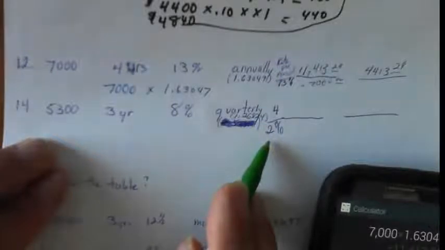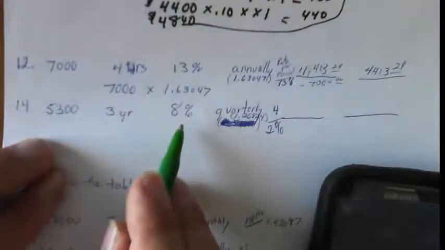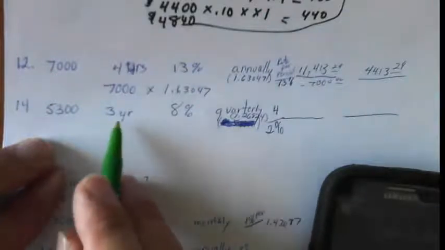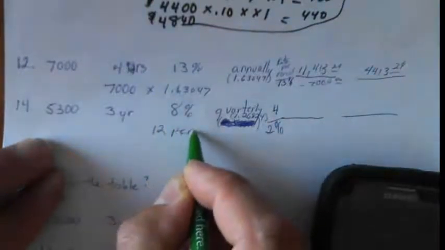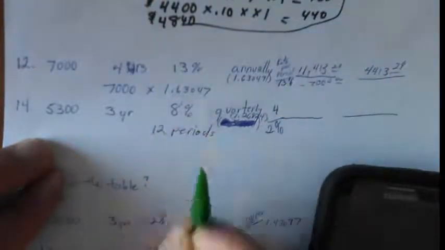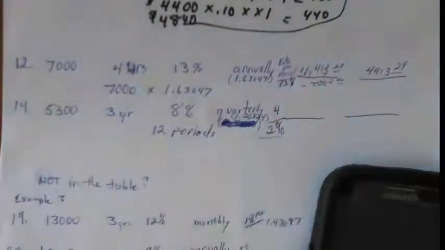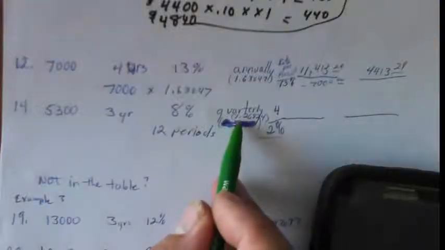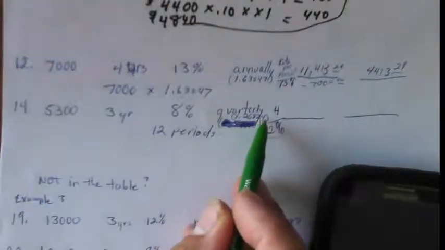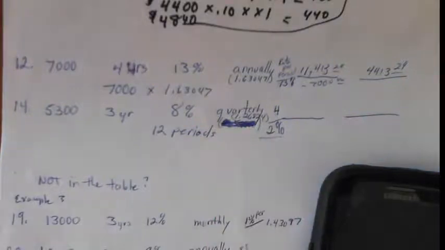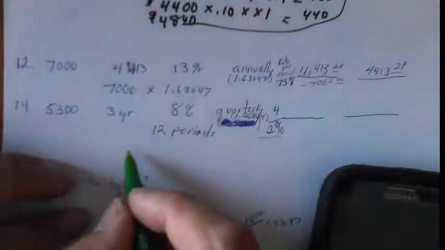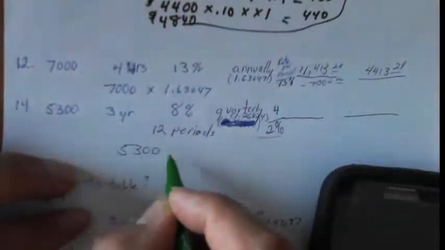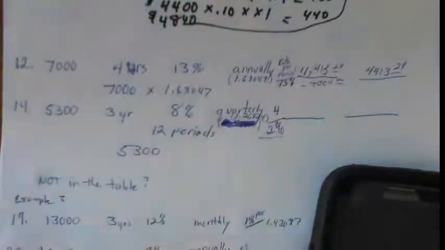Okay, so you have how many periods, right? 3 years, 4 times, you're going to have 12 periods. So you're looking up 12 periods at 2%. So when we go 12 periods at 2%, we get 1.26824. Okay, I sped it up a little bit before video purposes. So we just simply apply, then